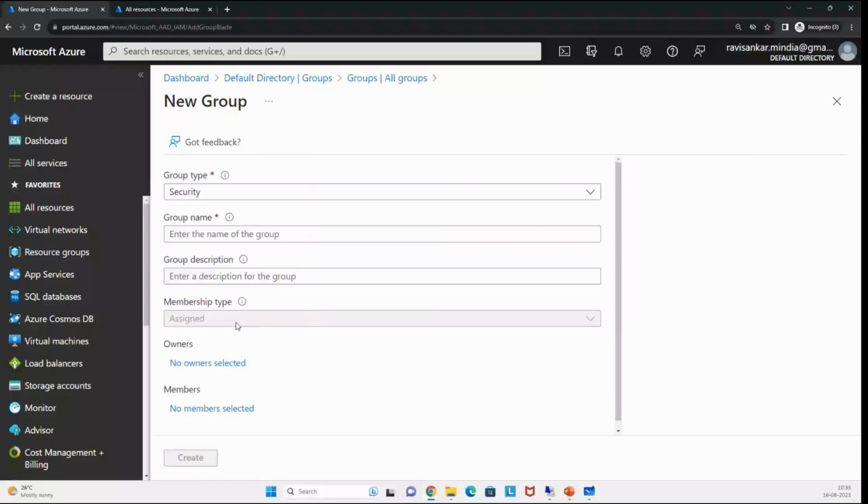P2 here. So when you have a P1 or P2 license, along with assigned, you may see an option called dynamic user or dynamic device here. So there are two options you will get: dynamic user or dynamic device. Typically, the dynamic user allows us to configure a set of queries or properties here. When you create a user account in a real-time scenario, that user may be part of some particular location, a particular department, a particular category or